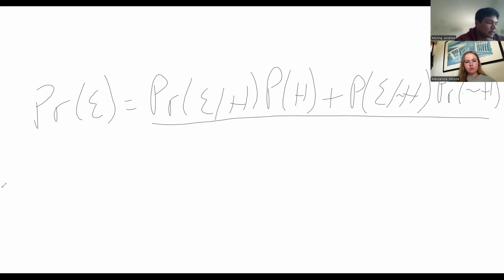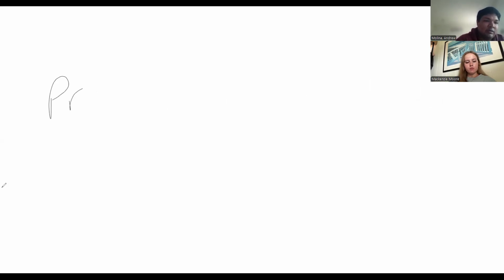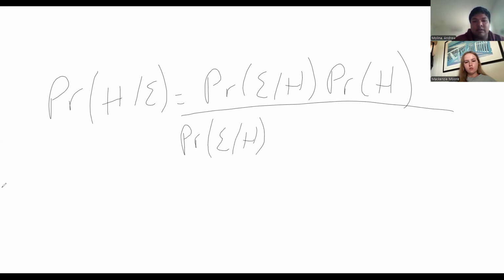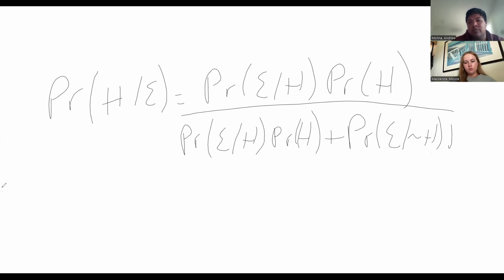So rewriting all of that would be the probability of H upon E is equal to the probability of E conditional upon H times the probability of H over the probability of E conditional upon H times the probability of H plus the probability of E conditional upon not H times the probability of not H, which is